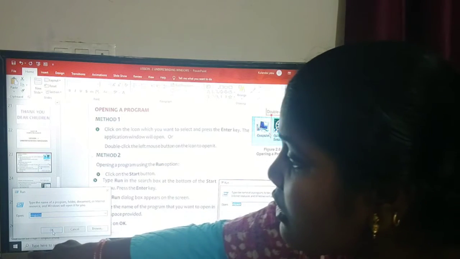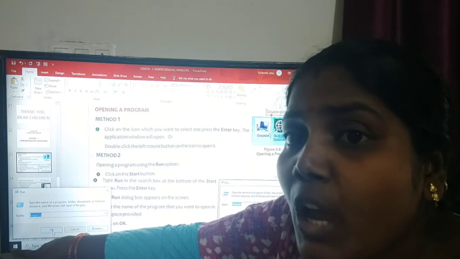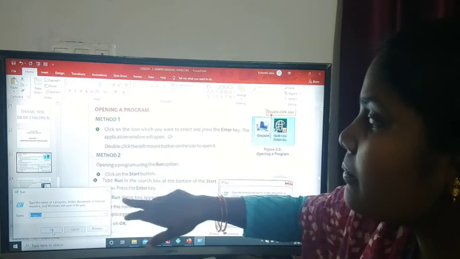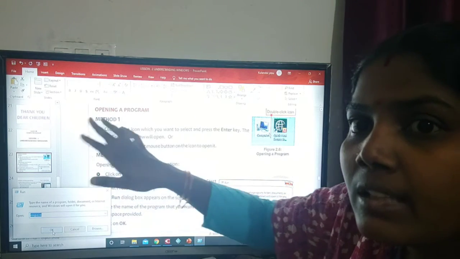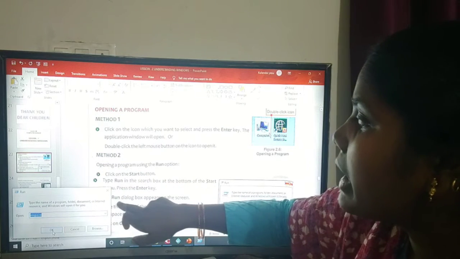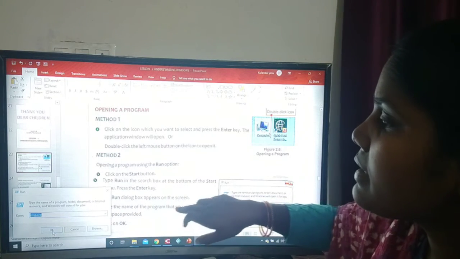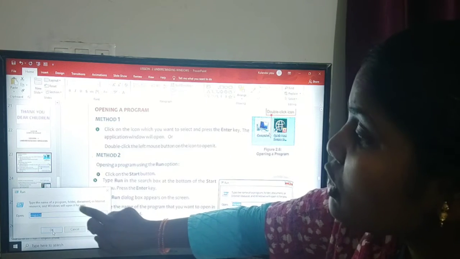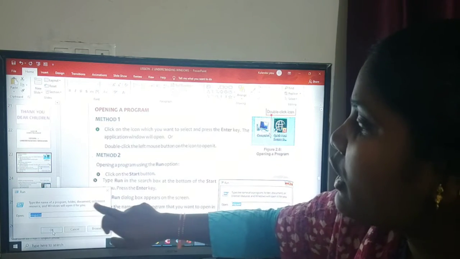So this is the start button, we have to click on it. I clicked earlier, then we have to type run. I typed run, then the run dialog box appears on the screen. So this is called the run dialog box.